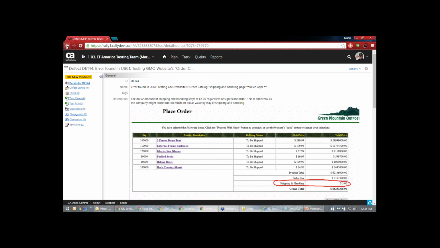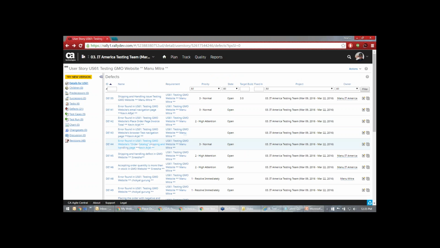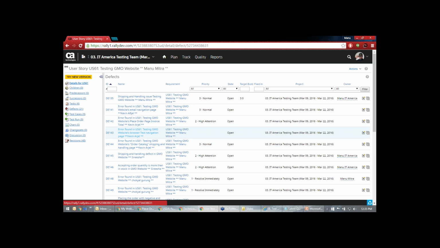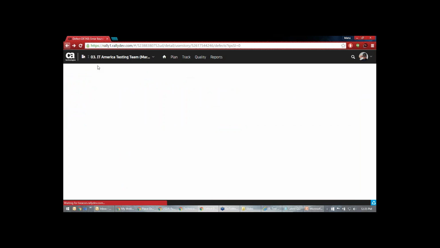This one: the HTTP word used to access is not allowed. As a customer, I don't need this, right? I don't want all this when I'm trying to navigate this web page. So this is the issue.